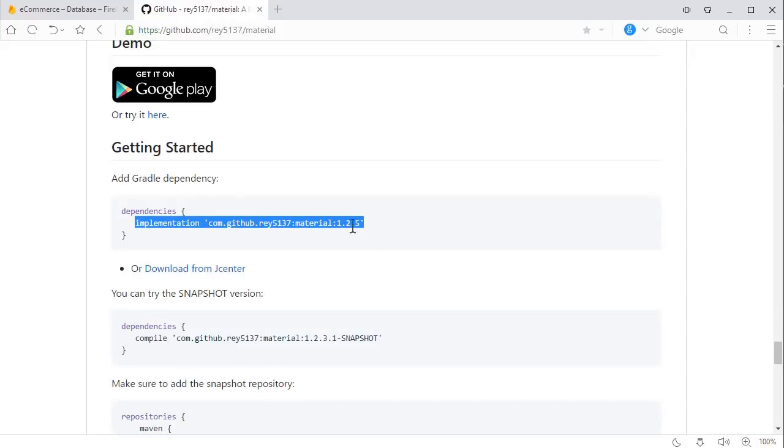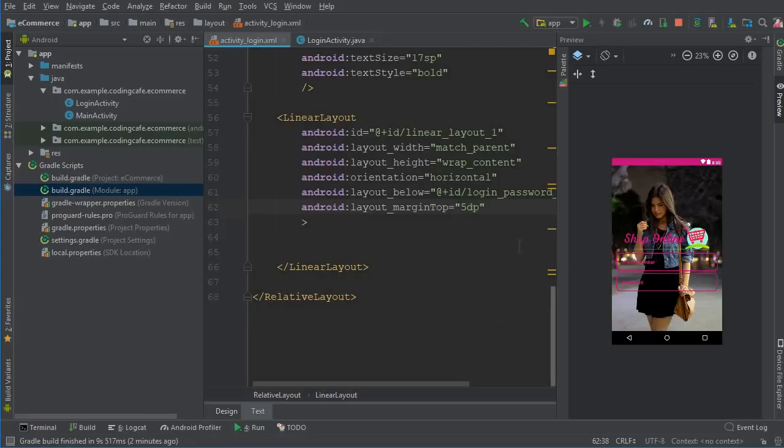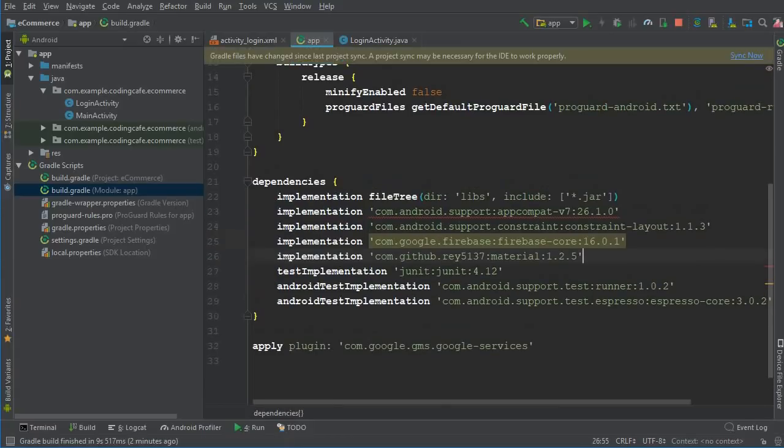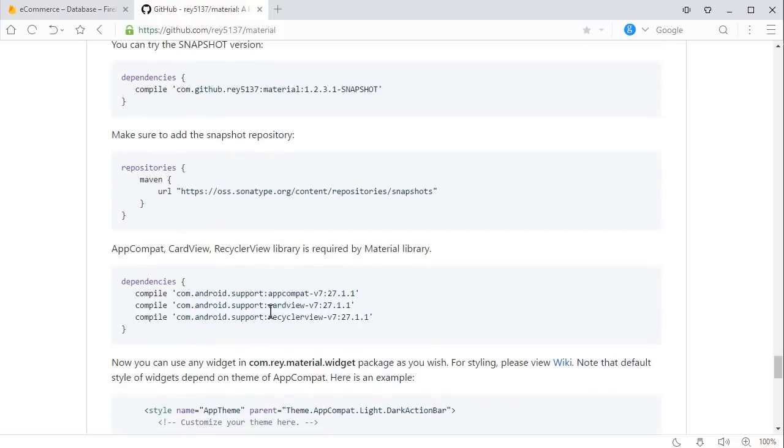This is the version at the time when I am recording this video, but whatever the version is, when you watch this video in the future, go with the latest version, whatever it is in the future. So now come here to build.gradle module app, and here we can simply paste that. And now the next thing is come here again, and here we have to add the